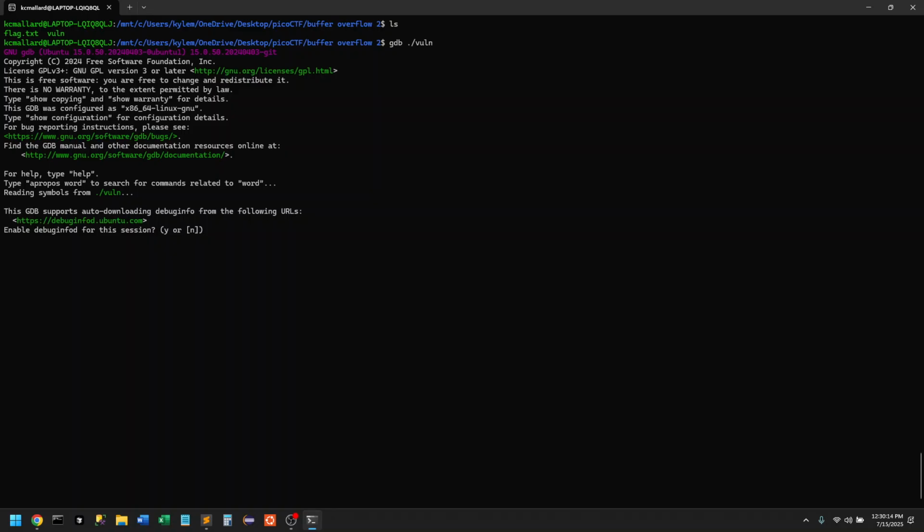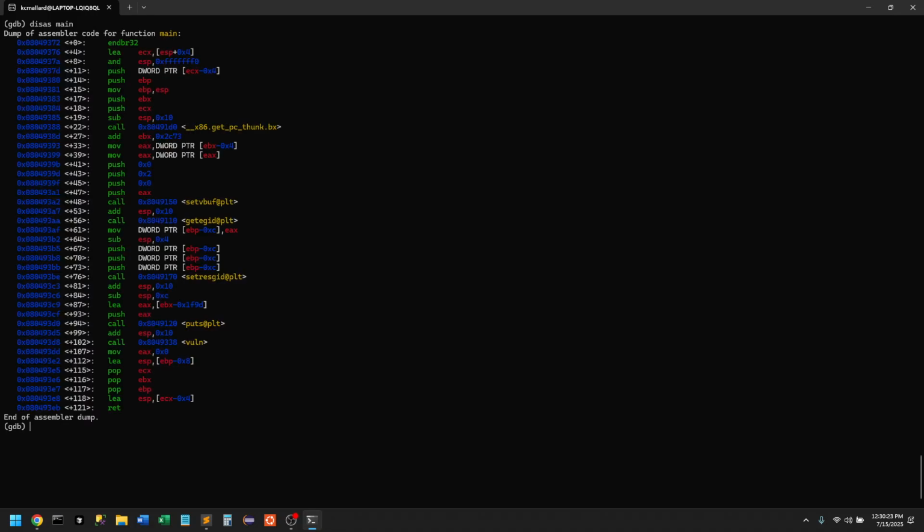Debug info, yes or no. Doesn't matter to me. All right, and so now I'm going to disassemble main. This is what main looks like. I'm going to go ahead and put a breakpoint at main. Then I'm going to define